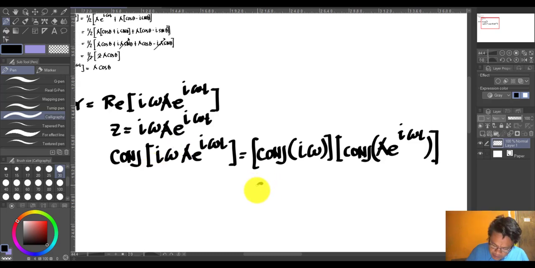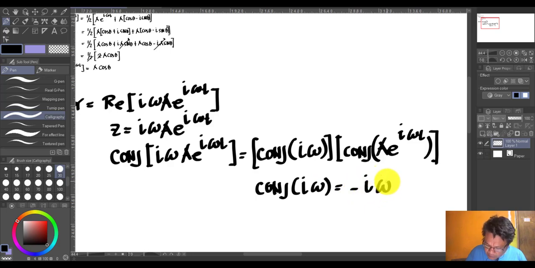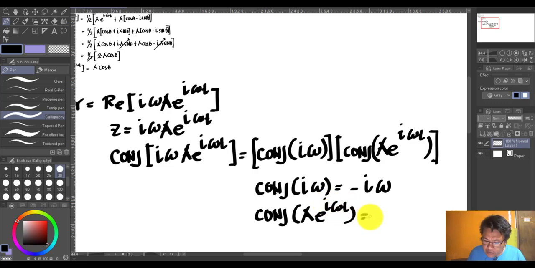Where my conjugate of your I times your angular velocity, so this one again, this is a positive, the value of your I is positive, so I'm gonna change this one to a negative, negative I times the angular velocity. Now for the conjugate of my AE, that will be I angular times time, so this is equal to